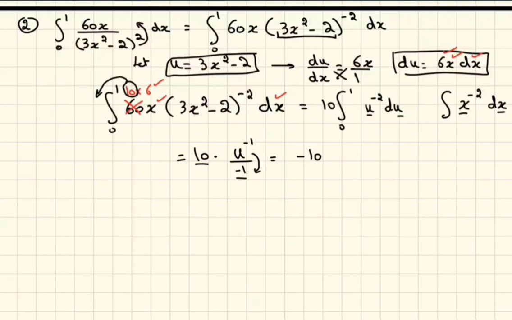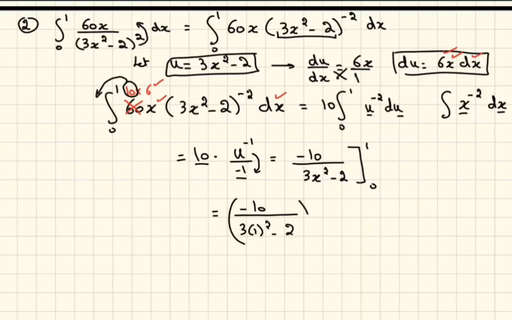You can bring this one down if you want to make it a positive exponent. It becomes u exponent 1. No need to write exponent 1 and no need to write u. You can directly write it as 3x squared minus 2 in this way. Now once you have x, you are allowed to write it from 0 to 1, and let's replace. We get minus 10 over 3 times 1 squared minus 2, minus, we replace the 0, so it's minus 10 over 3 times 0 squared minus 2,